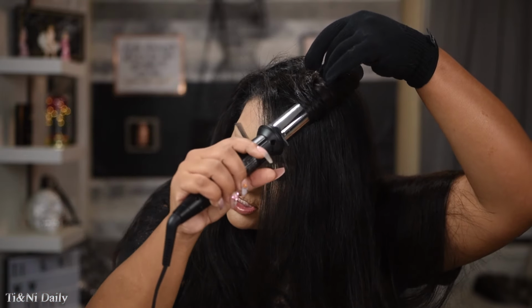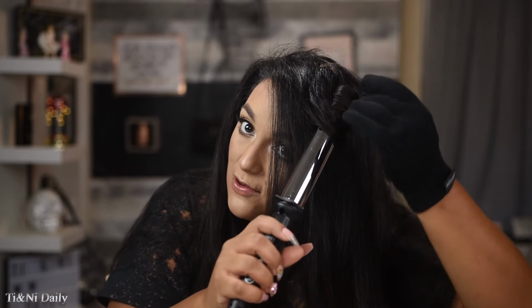Do you want to go ahead and gently take the wand out? Let the curl go right into your hand. Push the curl and hold it up for just a little bit, just a few seconds. That way it kind of cools down and holds its curl a little bit better. Even though we are going to be kind of zhuzhing it around and brushing it out a little bit, we still want that curl to have its hold. And then when you let it go,